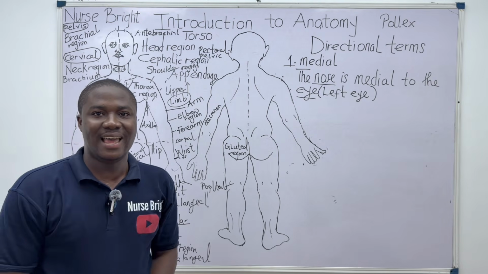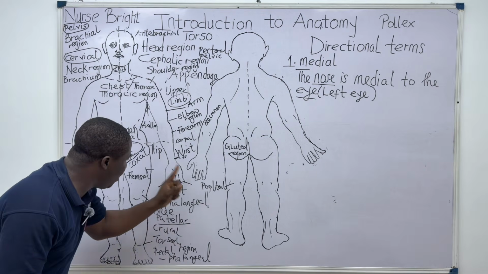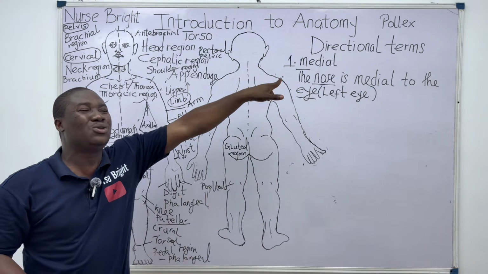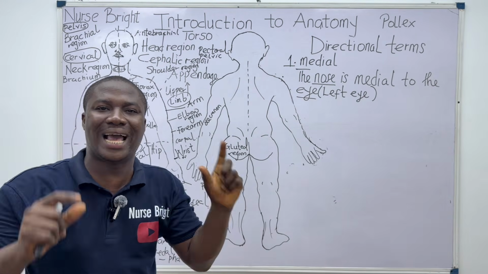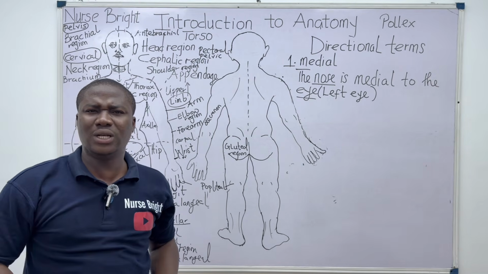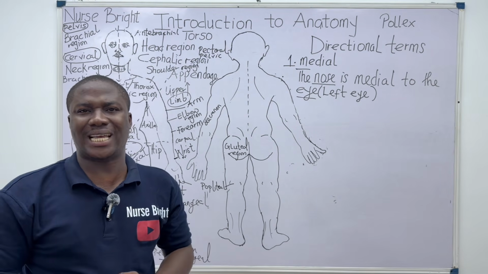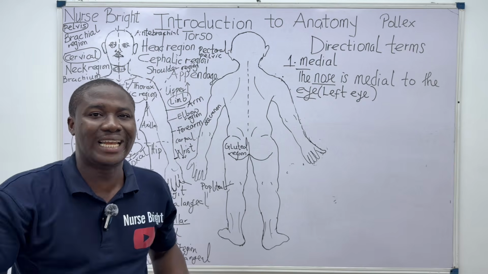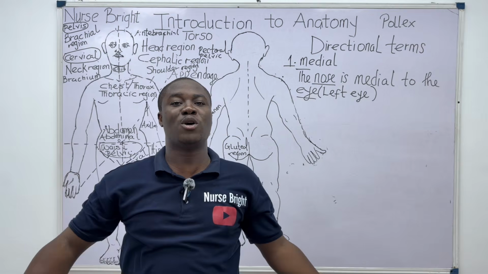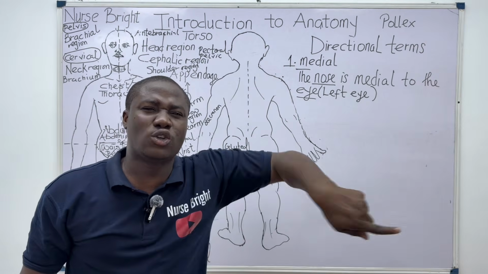It's very easy. Remember, for you to get the correct statement, check between both structures: which one is closer to the midline? Because we want to use medial to relate both of them, we have to know which one is medial to the other. Do you understand? You want to know which one is more medial to the other. Just pay attention. It's not difficult at all. That's why I said you must ensure whenever you are describing using a directional term, that the individual must be standing in an anatomical position. You can see this person is standing in an anatomical position.